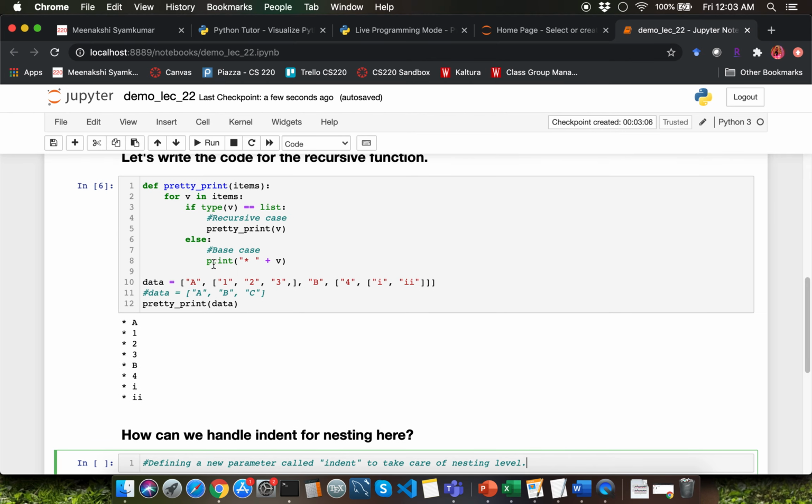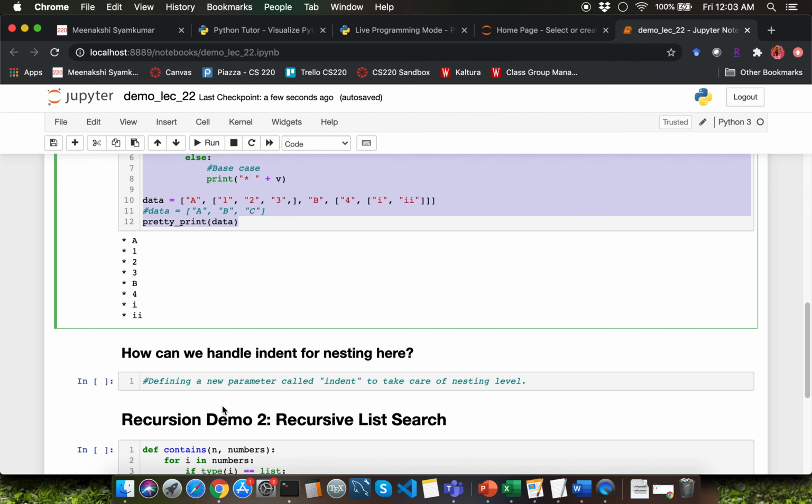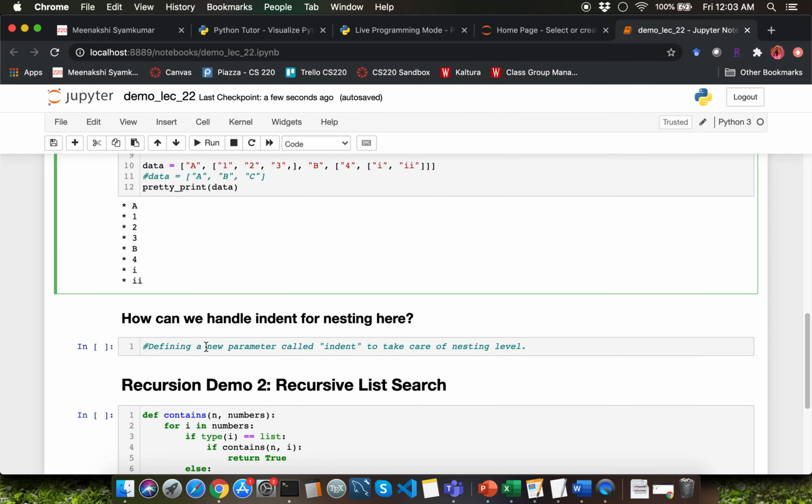All right, so I'm going to copy paste this function to a new cell below here. The reason why I want to do this is I want to leave this version as such for you when you come back to refer this code. But whenever you're making updates to one particular function, you should always stick to updating just that function and not making copies of it.